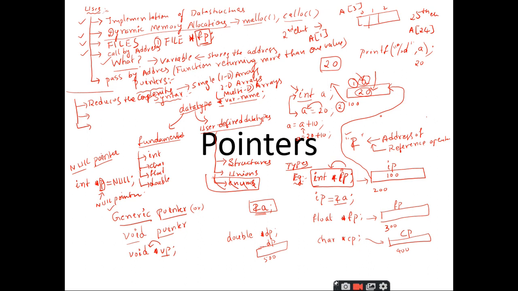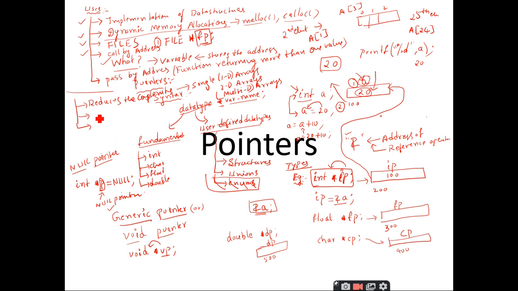Of course, there is no other concept that deals with the address part. It is the only concept which deals with the addresses of memory locations, that is pointers, right? So in order to access those memory addresses directly, we can make use of pointers, and it reduces the complexity. This is how pointers reduce the complexity of the programs.